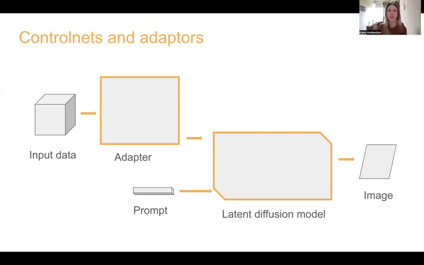But actually, I think a better way of using image data to guide latent diffusion models came out in these techniques called control nets and adapters. So the idea behind this is that as well as injecting text into that unit down block, you can inject other kinds of tensor data as well. Adapters, for example, put an additional model before the latent diffusion model, this adapter, which will capture some information from something that's supplied as an image, and then it will pass that information to the latent diffusion model.